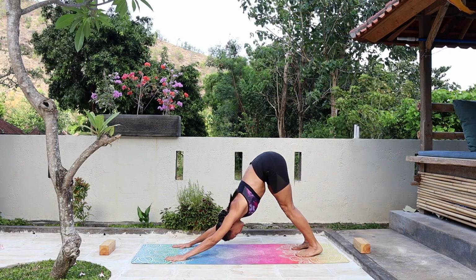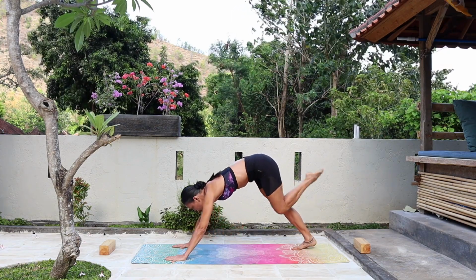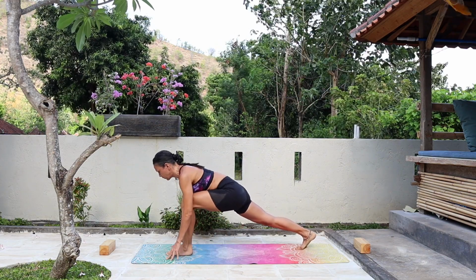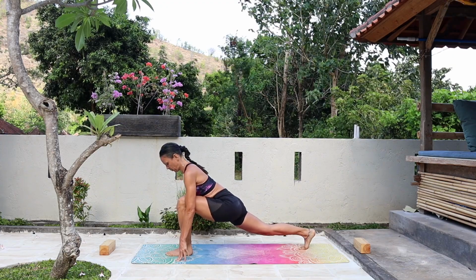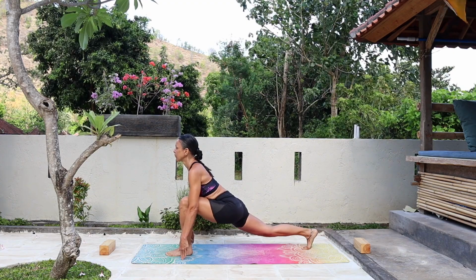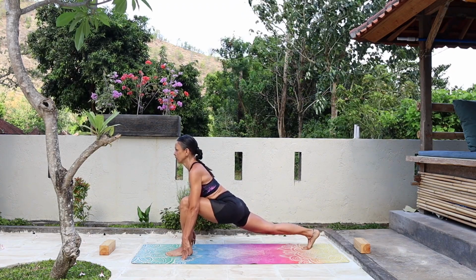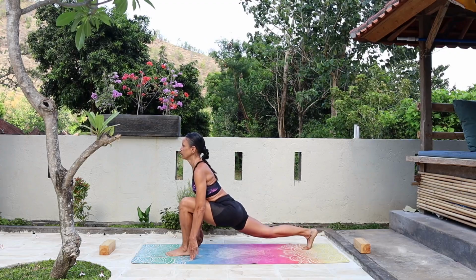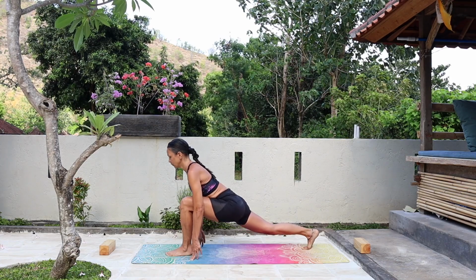Now step your left leg forward between your hands, knee lifted up, heel lifted up. Come onto the fingertips, lift your chest up, sink your hips down. Stay here for 1. Slow breathing throughout the practice. 2, 3, 4, and 5. Inhale to raise your hands up